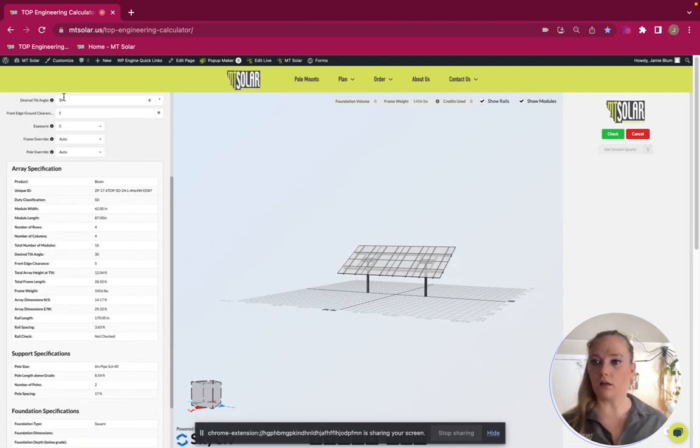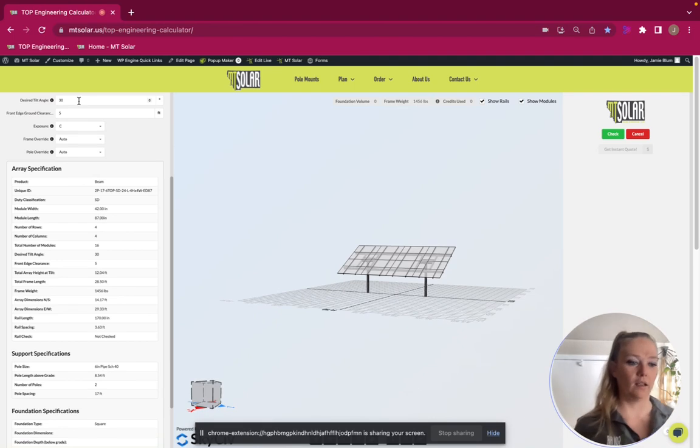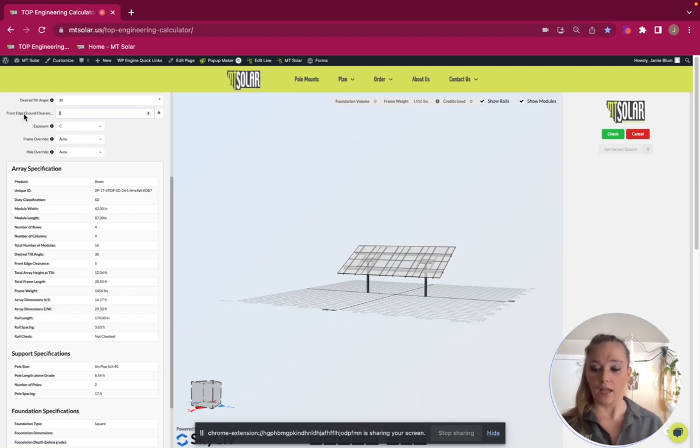Okay, moving on, we're going to talk about tilt a little bit. The general rule is 45 degrees is something to keep in mind if you have high wind or snow loads. Think about 5 degrees as a tabletop and 90 degrees as a wind sail or billboard. If you have high wind areas, try flattening out the tilt, and that will help you to get that to pass. If you have high snow areas, try making that tilt a little bit steeper, and that will also help these calculations to pass. So I'm just going to keep it right there at 30 degrees,